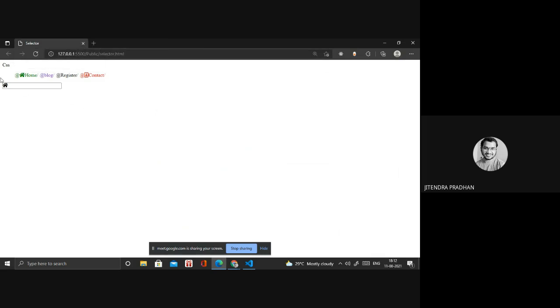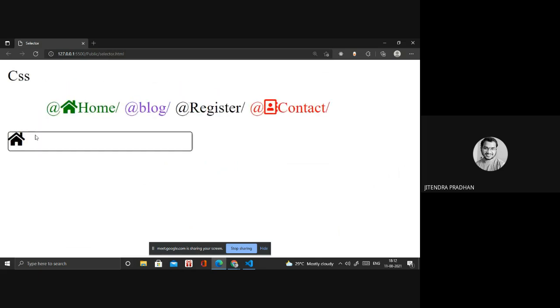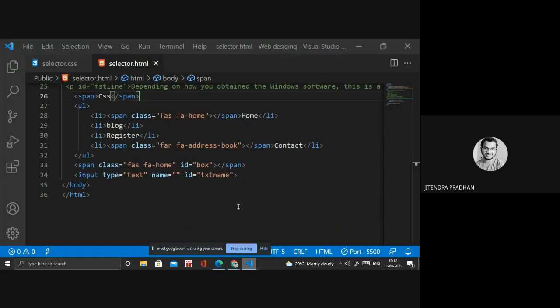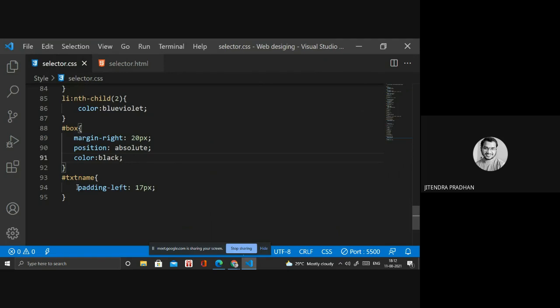Okay, so when I click inside the box, it starts after that icon. How are we doing that? At first we apply the class name txt name inside the input box. In the input box, we are giving padding left of 17 pixel.